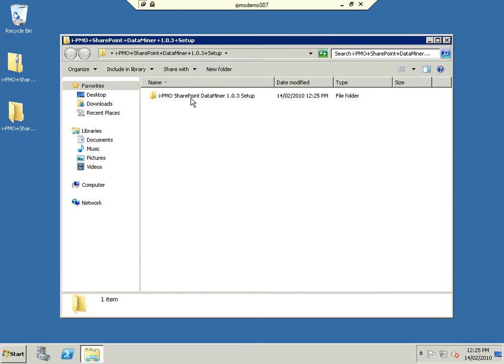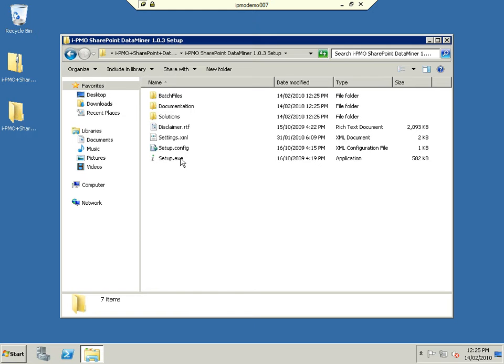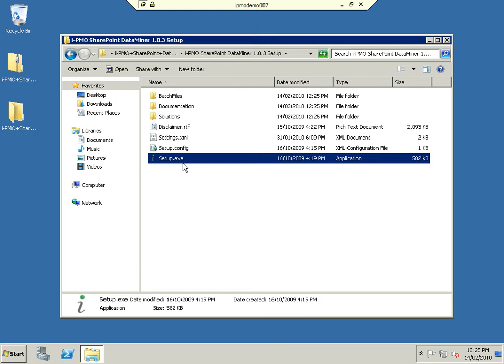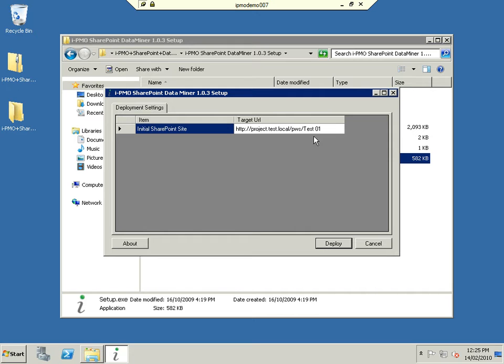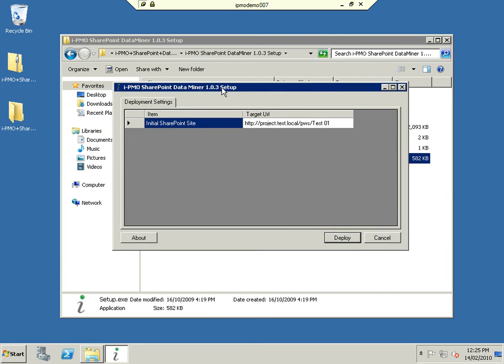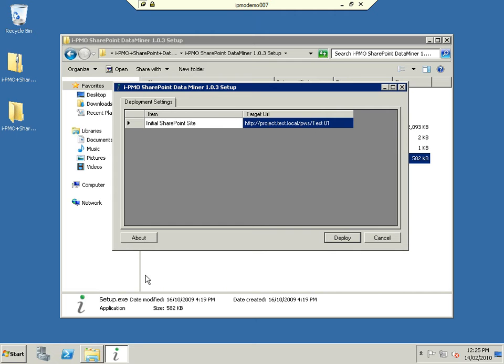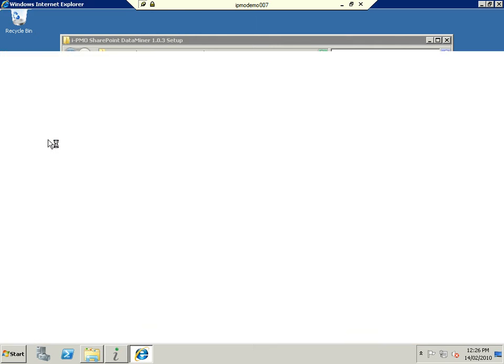Now, we've also developed a deployment utility for SharePoint solutions, and it's a very neat utility and collates all the feature activations and so forth that are required with SharePoint solutions into a nice, neat, single interface that looks just like this. Now, all we need to deploy the DataMiner is the initial site in which we wish to configure it. Now, this will all make sense a little bit later, but if we start with one SharePoint site,